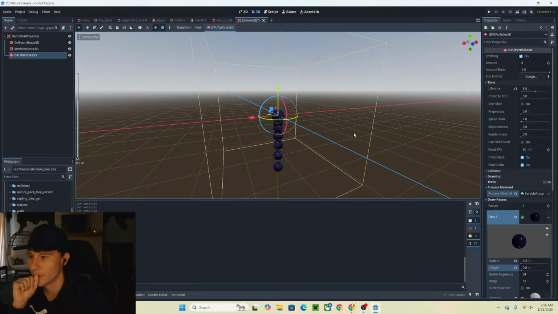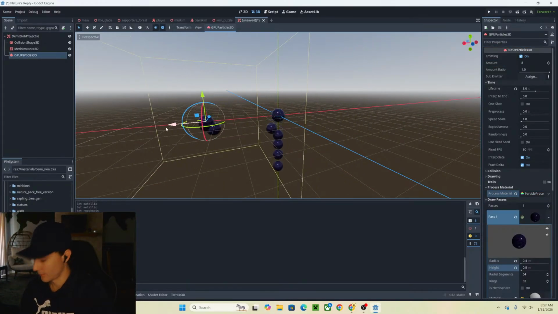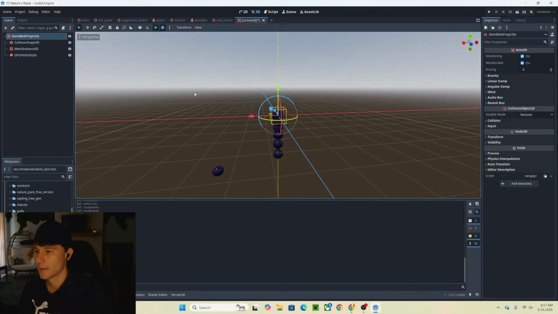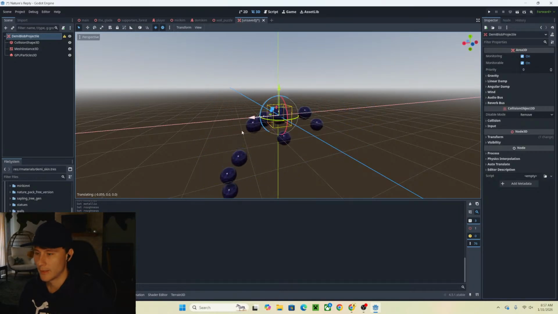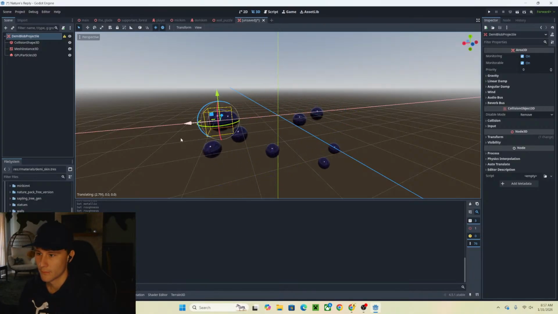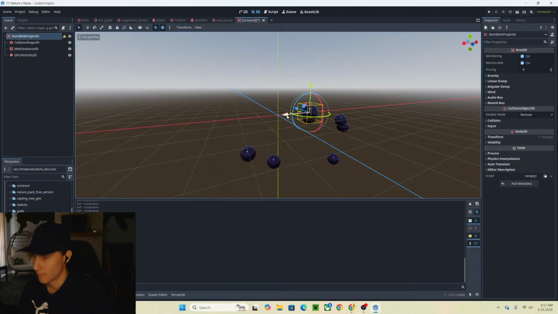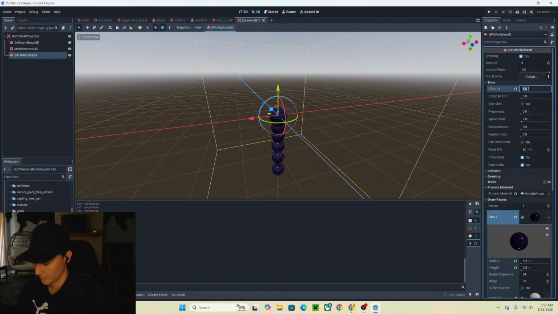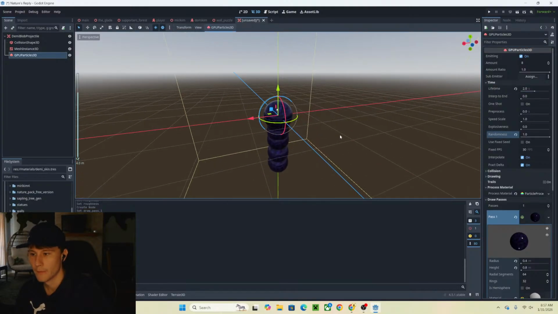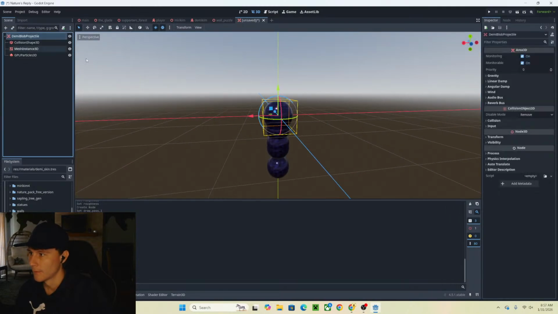And this will look better when it's actually moving, right? When it's moving, it's going to look like this. Oops. It's going to look like this. Okay, so maybe the emission needs to be quicker. And the lifetime might need to be less. We can also have some randomness in there. Now when it's moving,